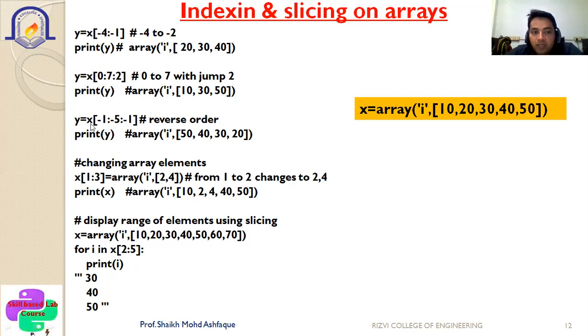Next one is y is equal to x[-1:-5:-1]. So it will print the data in the reverse order. It will go -1. Then once again, what is the jump to be defined here? The jump is defined as -1. So -1, -2, then -3, then -4, then -5. It will not go there; it will always go up to the 1 minus location. So you can see the output now, how it will be printed in the reverse order. In the reverse order, it will be printed as 50, 40, 30, and 20.